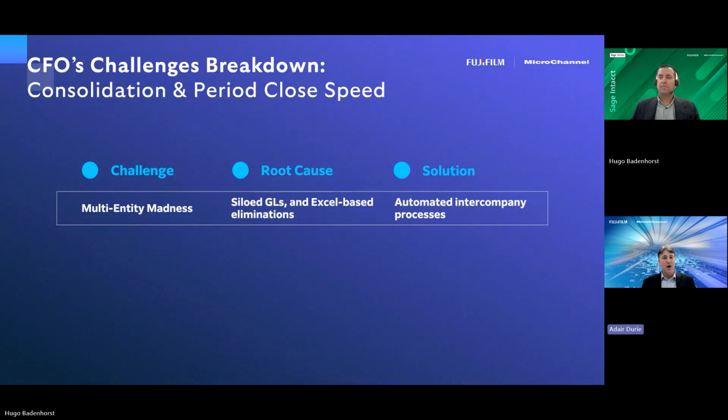The number one challenge that we deal with is what we call multi-entity madness. A lot of our customers come from MYOB and QuickBooks, and sometimes they're coming from on-premise systems. But the root cause for this multi-entity madness is typically that the data of every entity is siloed from each other.